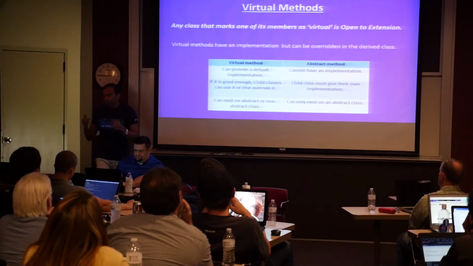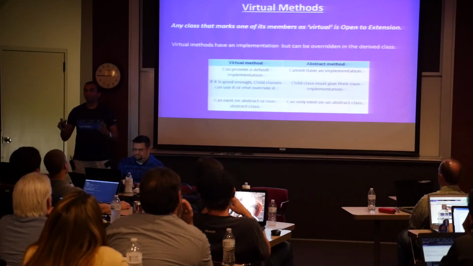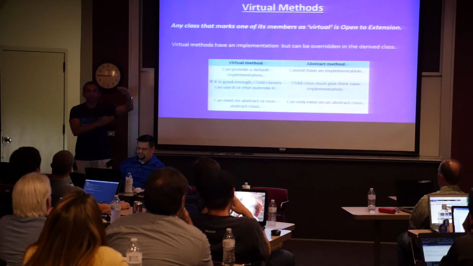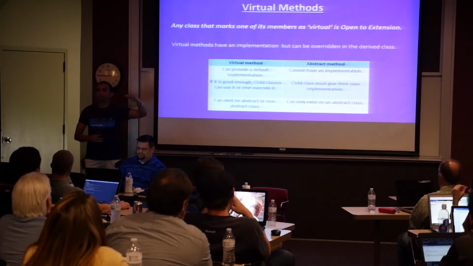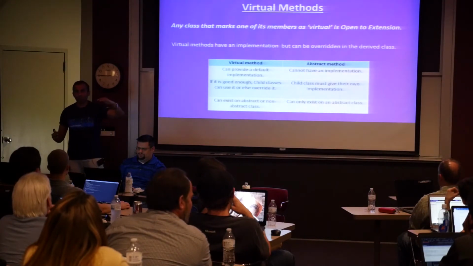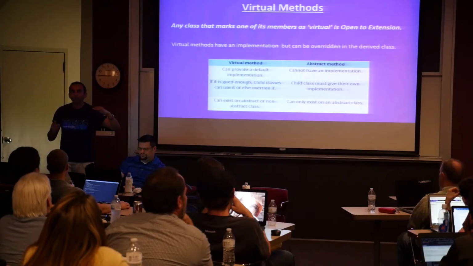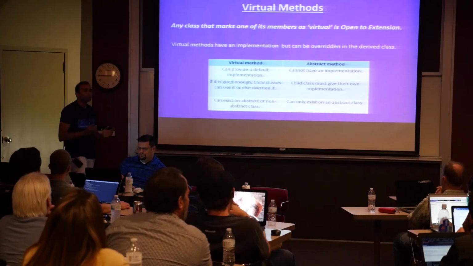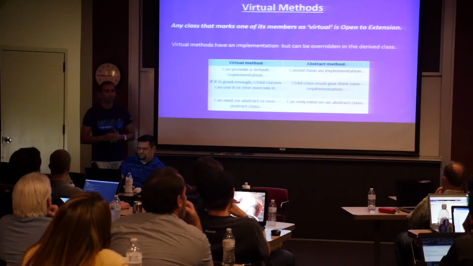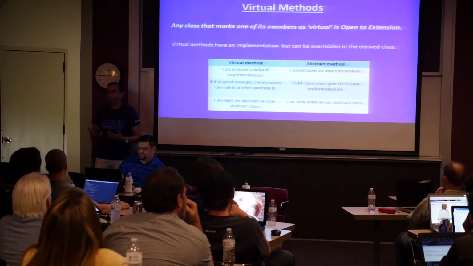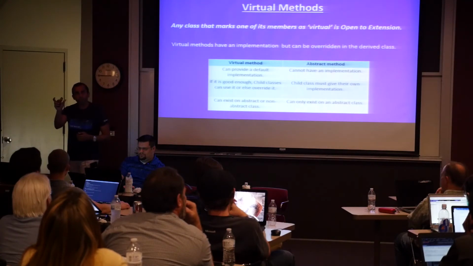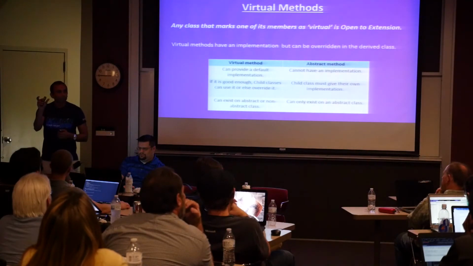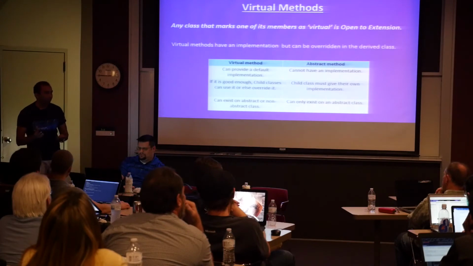So if you mark a method as virtual, you can override it in your child classes. Same concept goes with an abstract class as well. But the only difference is an abstract method doesn't have any implementation of its own. So in a parent class, you can just put in an abstract method, but you cannot have any default implementation,